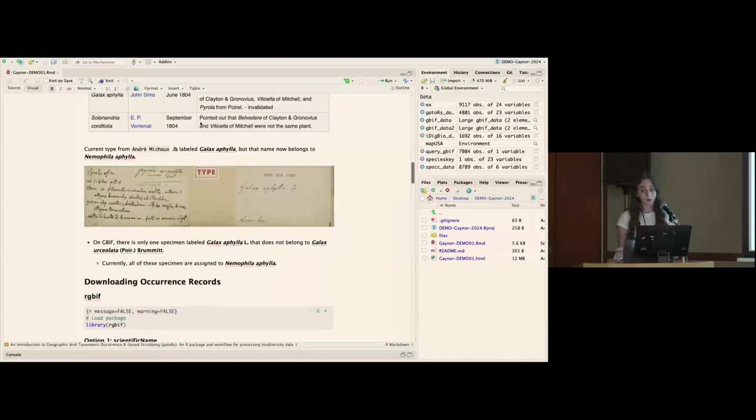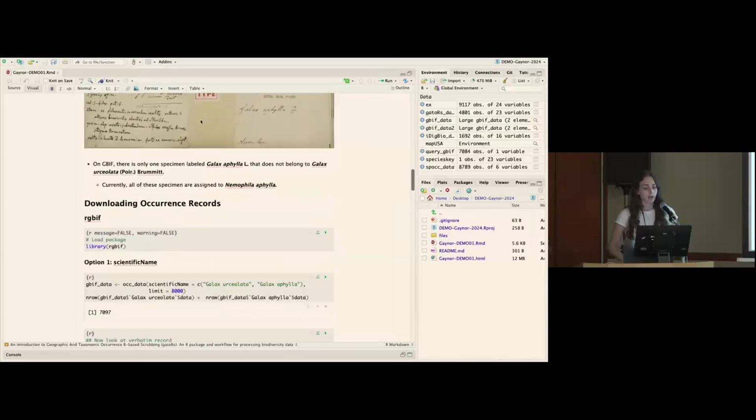So we have all of these that are currently being renamed, but they belong to Galexophilia or Galex uceolata. They're currently all assigned to Nemophila aphilia. So if you work on Nemophila, please keep this in mind. But I'm currently fixing this by going to the actual specimen and relabeling them because there's no other way to fix it. Anyways, keeping this all in mind with this monotypic, very, very simple genus, very simple species, this could